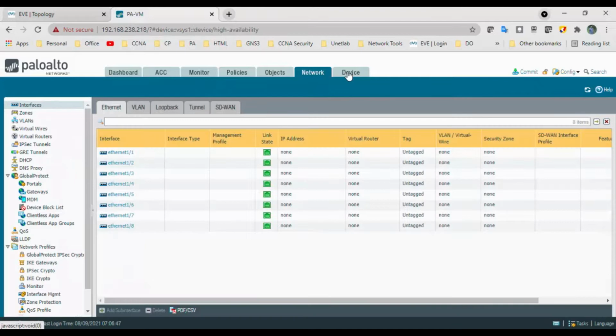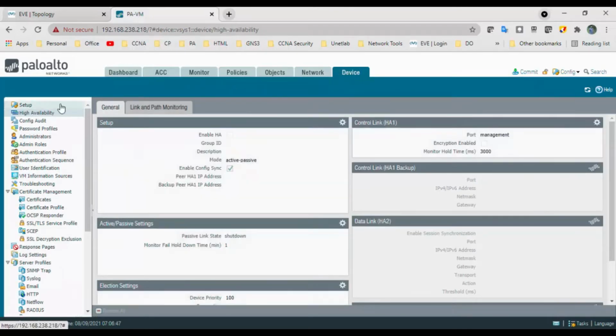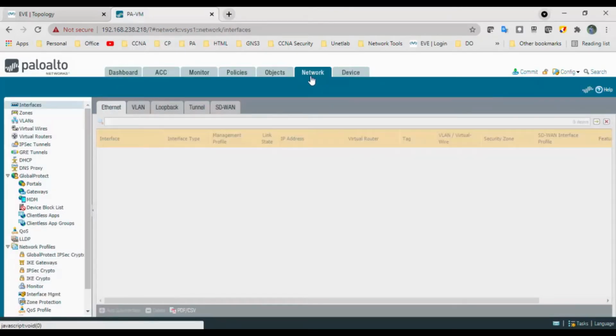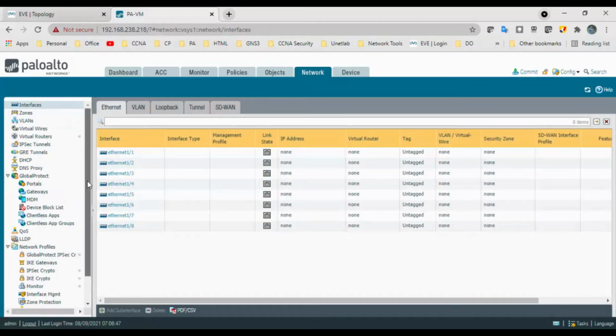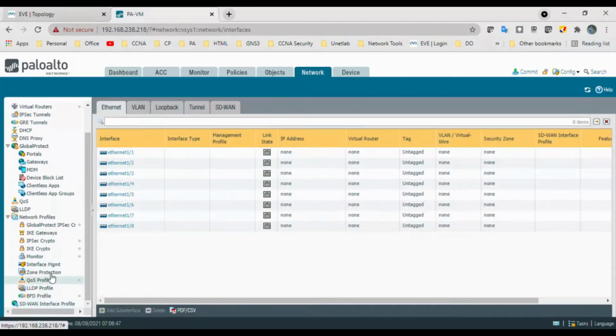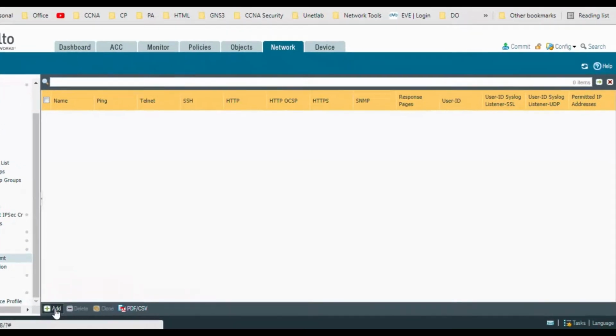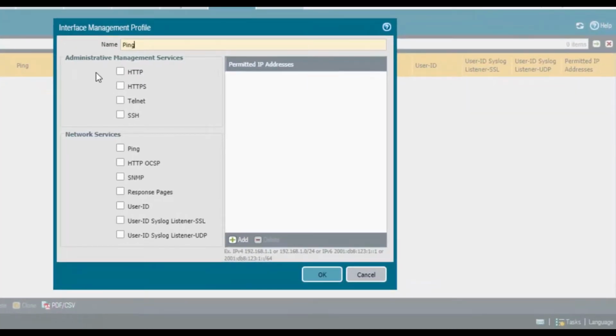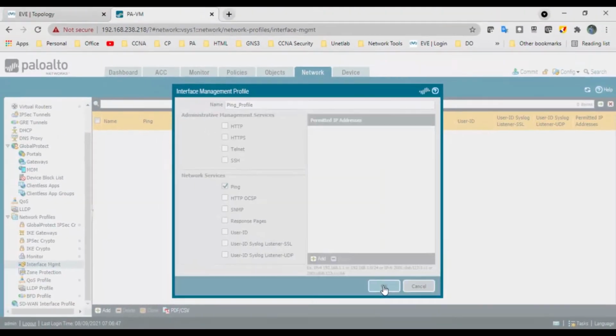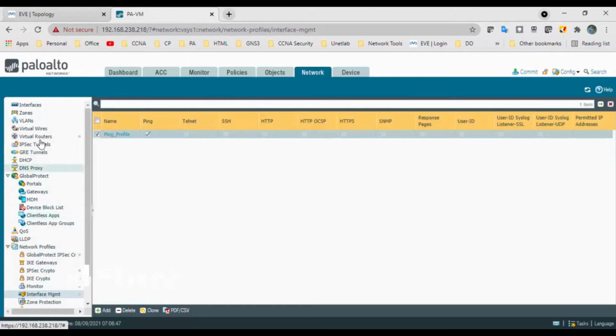Go to the network. First we will create the management interface profile, the ping profile. This is for connectivity testing purposes, so I will only check with ping. Then go to the zones.